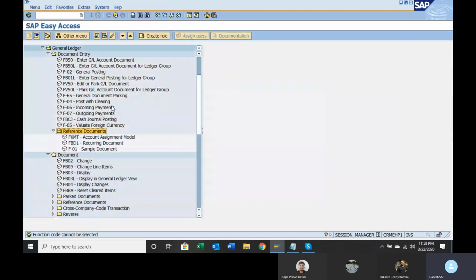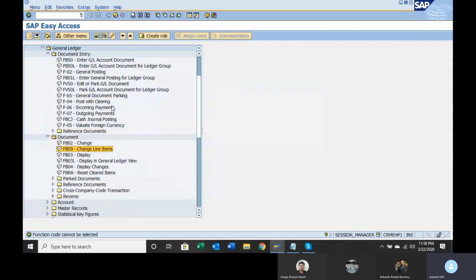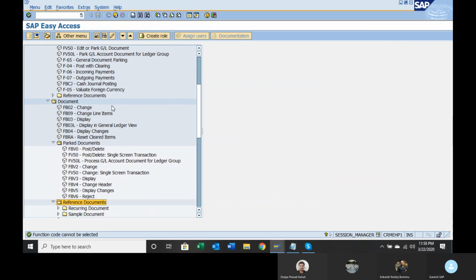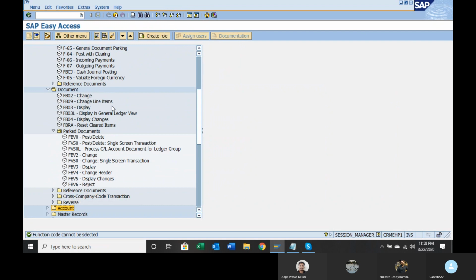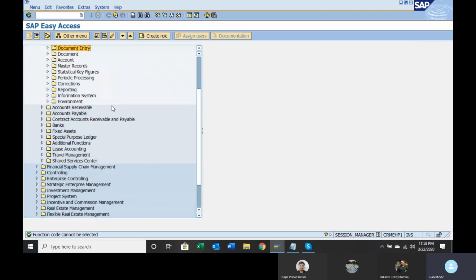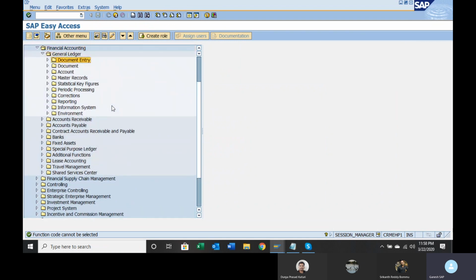I'll check and tell you that transaction code. I forgot that. This is for part document. Fine. Okay, I will check how to delete that document. Let me check and tell you. In the meantime, let's go with another topic.